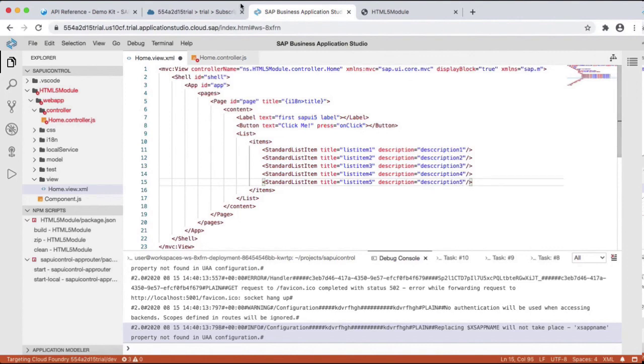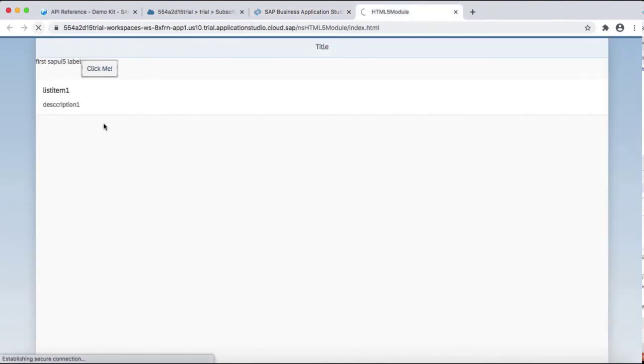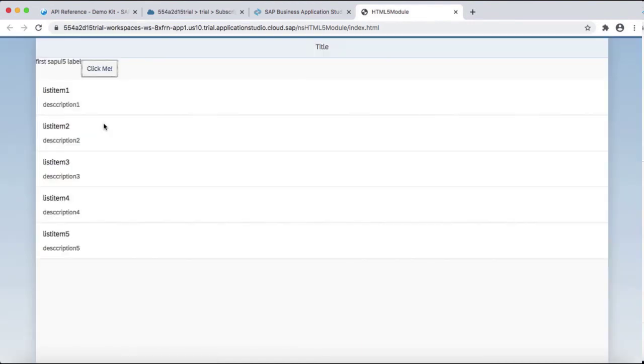I'll save the changes, and if I go to the application and refresh it, I can see 5 list items with different titles and descriptions.